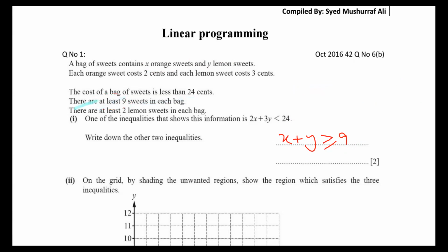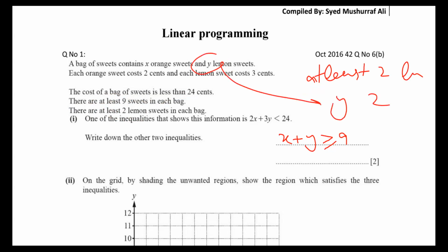Okay. Let's talk about the two. At least two lemon. How many lemon are there? Lemon are Y, and at least two means what? When I say at least two lemon trees, two comes here and Y comes here. And now you think two and more. But how to write the inequality here in the middle? Bigger than or equal to. How to read? Two and above.